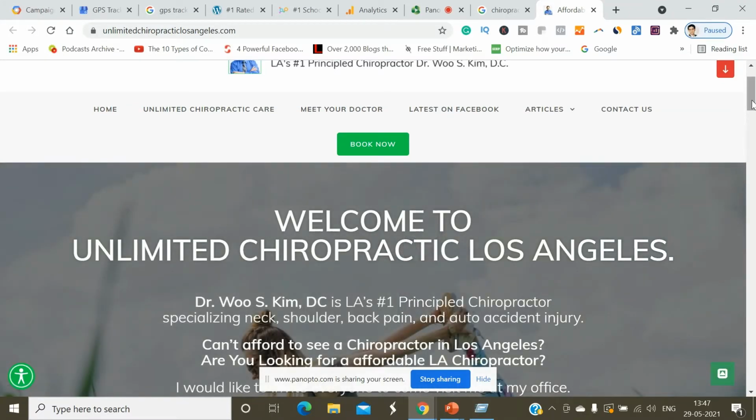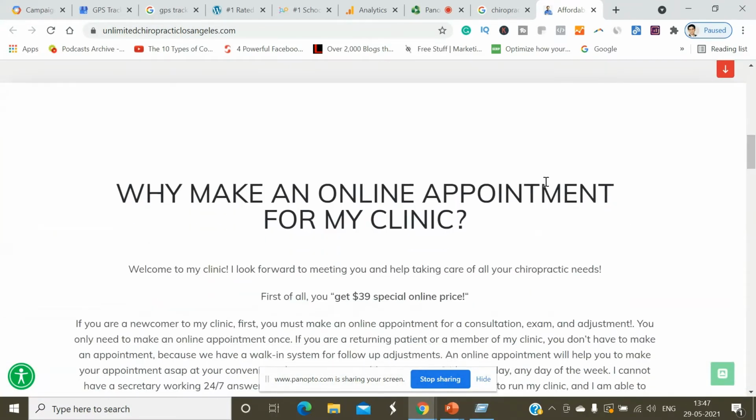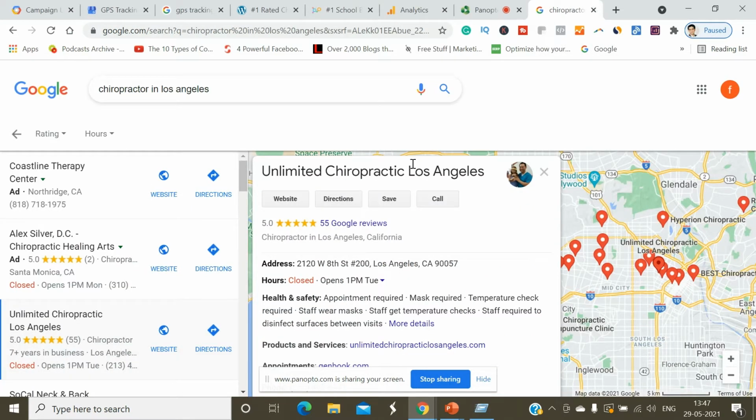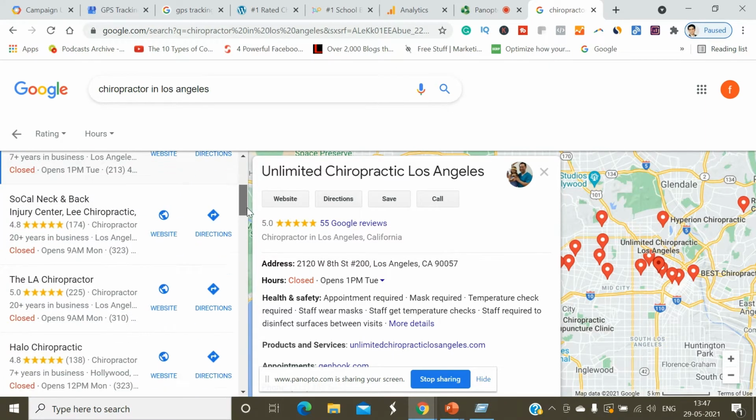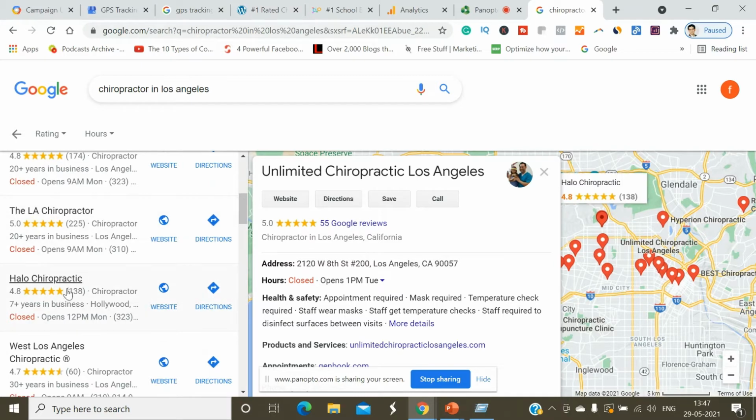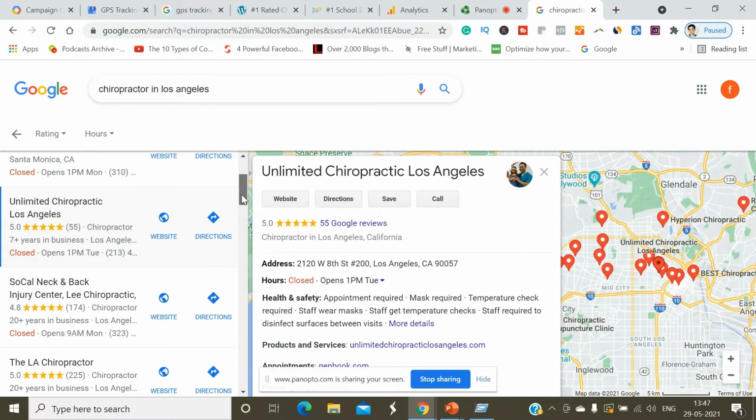Then go down here. You can analyze the content structure, what needs to be written for your text page or landing page. This is how you do your comparator analysis, and how you can analyze a number of comparators. I hope that makes sense. See, number of reviews 138 to 25. Got it? So do a quick comparative research analysis with respect to the title, the website, the directions, the address, the hours, products and services, appointment dates, and Q&A.